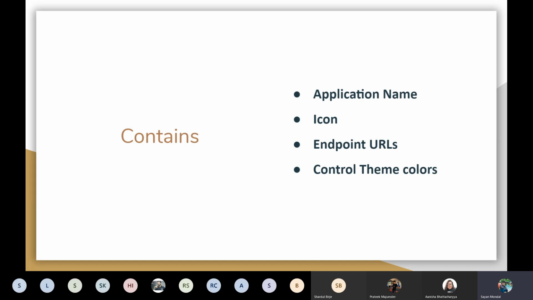So for example, if you're installing it on an Android device, it should be, I think, 192 cross 192. So the different resolutions matter. So you need to create your application in such a way that you have different icons available just for the sole reason of making it scalable. And yeah, so what kind of a